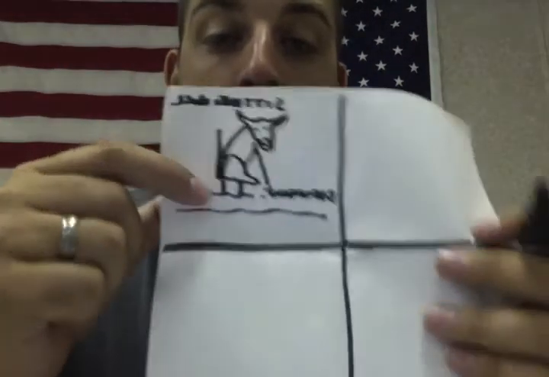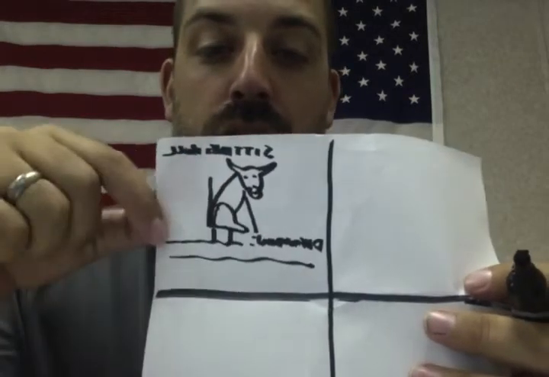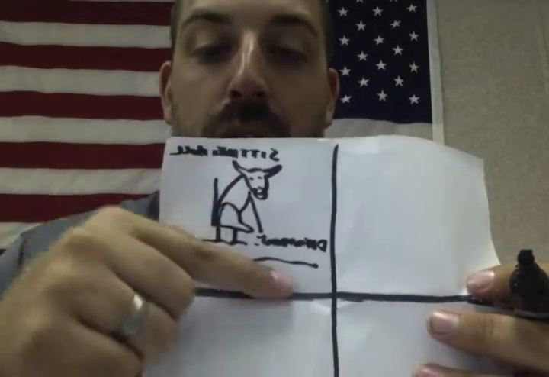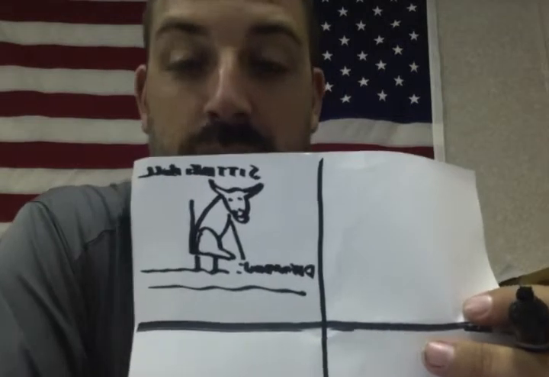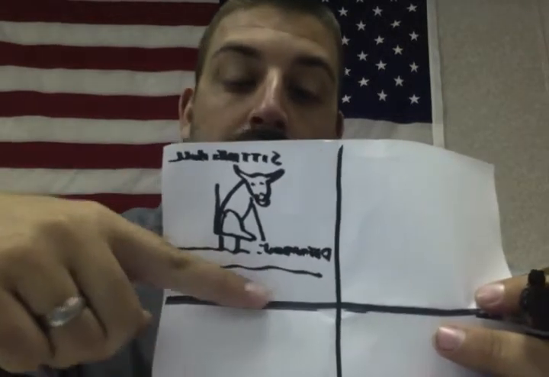So you're going to take 12 of those 15 terms. You're going to write the term at the top, like I did here, with Sitting Bull at the top. And then you're going to draw a picture of what you think it is. But really, I would skip a little section, and I would write a definition of what I think the definition is. And then if you want to link it to other terms, maybe I think Sitting Bull is related to